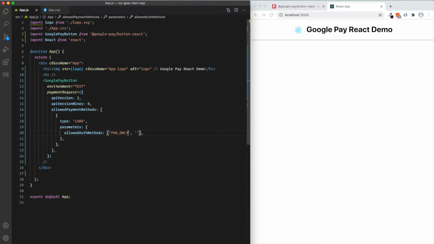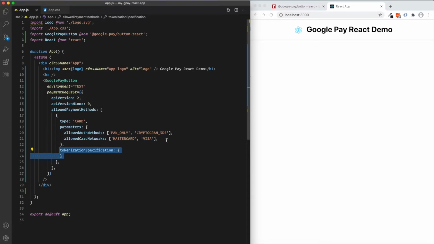And here we will have PAN only, which will be used for credit card payments, and then CRYPTOGRAM 3DS, which will be used for other payment methods. And then allowed card networks will be an array, and here you can pass the available networks. Currently for this demo I'm using MasterCard and Visa.